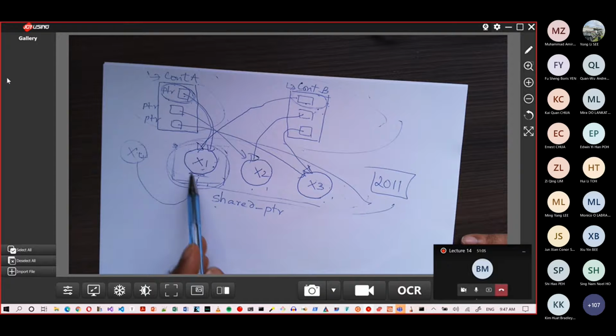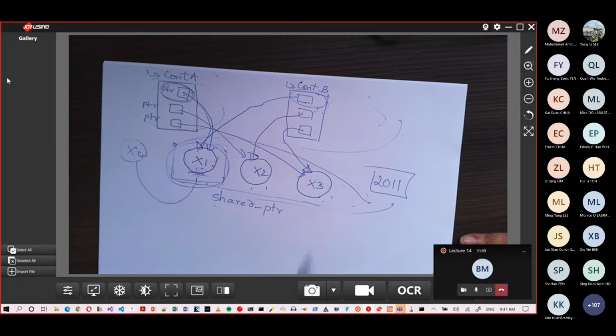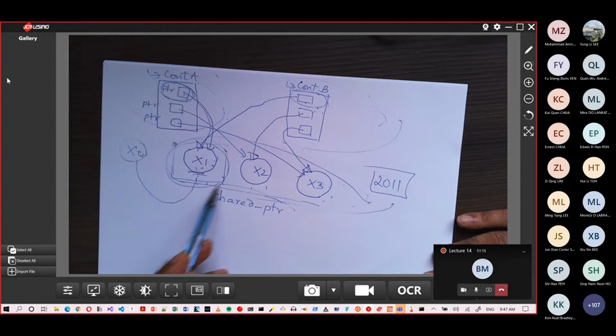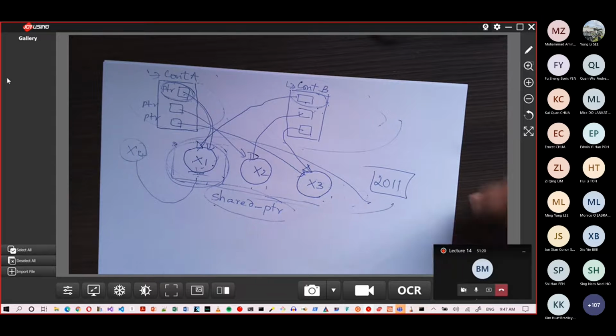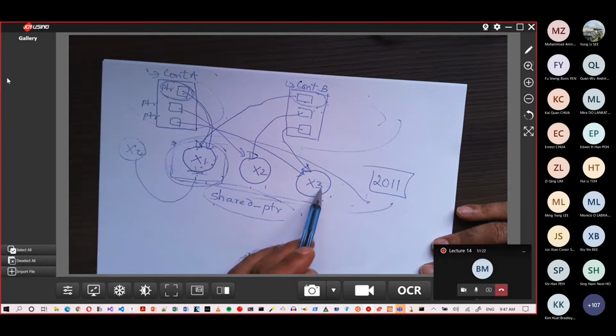C++, it's completely deterministic because as we just saw, rather than using unique pointers, if we use, let's say, shared pointers for each one of these objects,